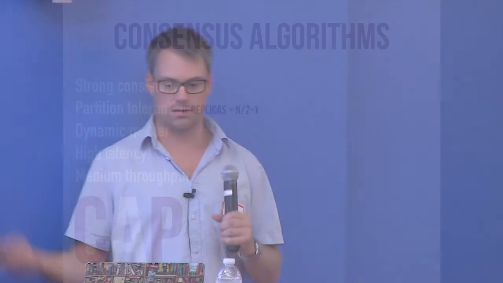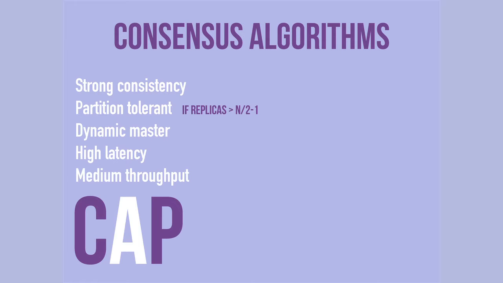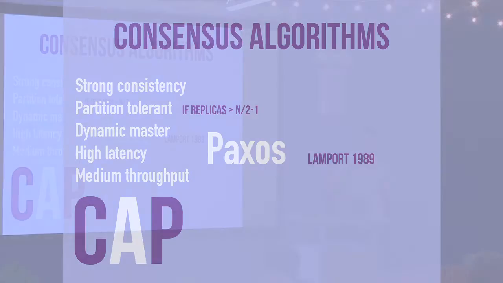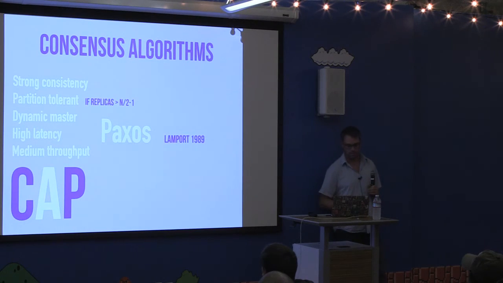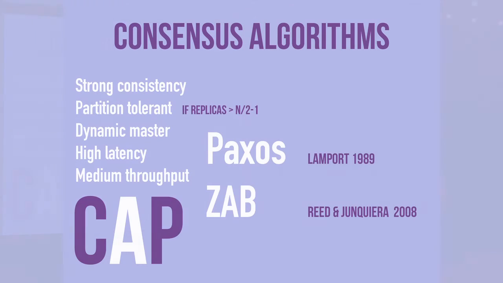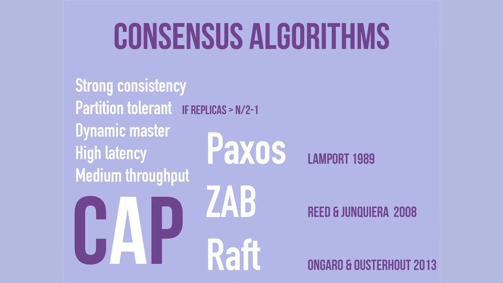Okay? And some of the consensus algorithms that implement this are Paxos, for example. That was probably the first one by Leslie Lamport. By the way, Leslie Lamport is giving the closing keynote at React in San Francisco here. I was really excited to get him on board on doing that. ZAB is another one. That's the Zookeeper Atomic Broadcast Protocol. And one that came out fairly recently that's been immensely popular is